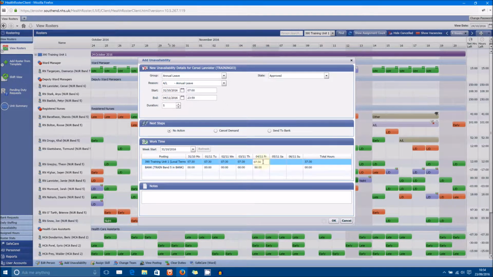We can actually manually override this as well. For argument's sake, if we wanted to, we could change this to 8 hours and perhaps we'd change the day before to 7. But overall, it still adds up to 37.5 hours. The changing of the times is more useful for partial weeks. For example, if they're doing shifts at the beginning of the week and taking the remainder of the week off, you may want to tweak some of the times just to make sure that their contracted hours balance at the end. If I press OK on this now, so we've changed everything we need to,